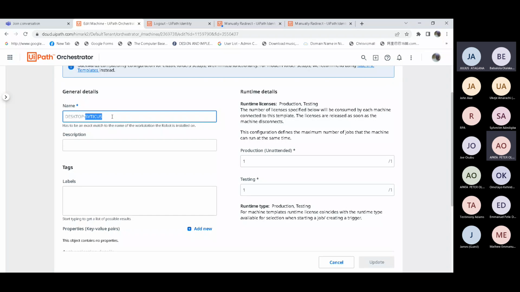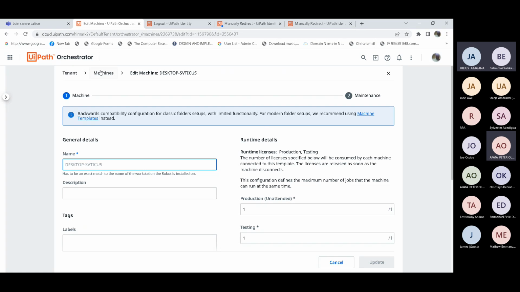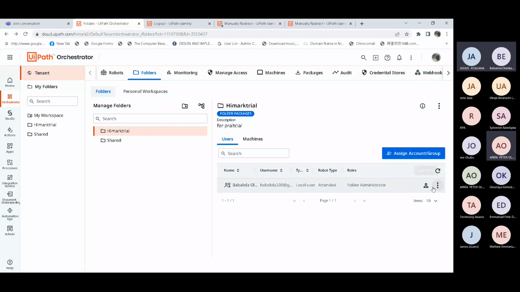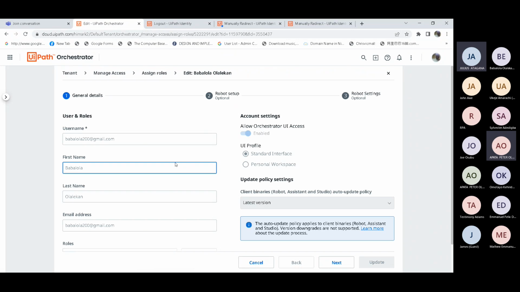Paste. It's not allowing me to change it. That means it's not edit you clicked. Go back again. You are supposed to click edit. Click cancel. Okay. You can use that machine where you are. No, but you are on user, not machine. Go to machine before you edit.